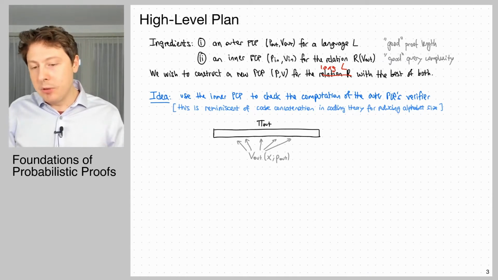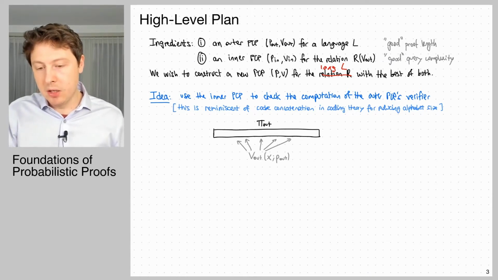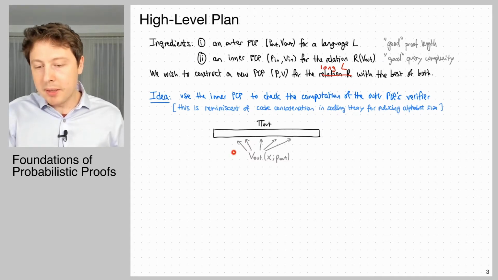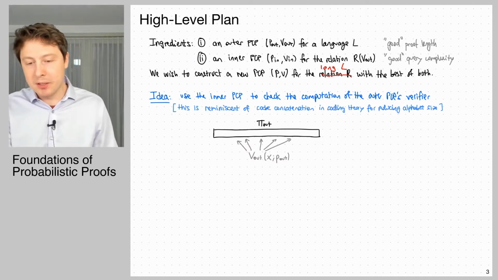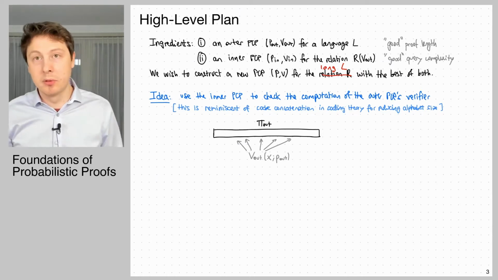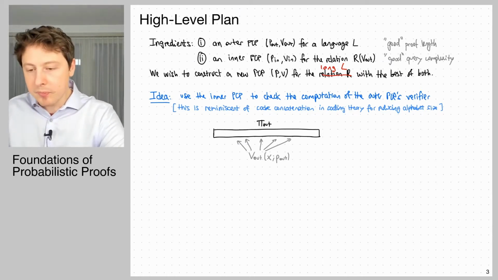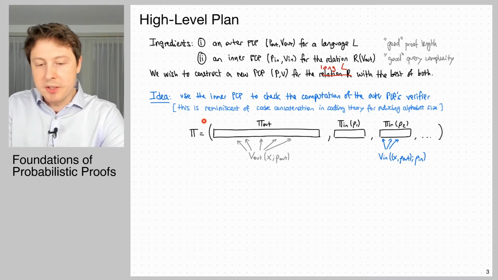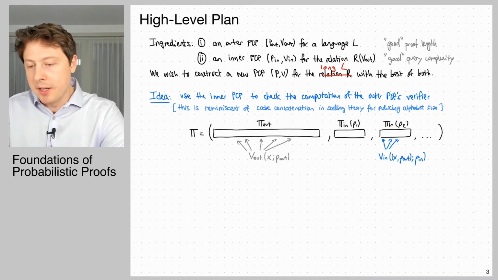Okay, so we have this outer PCP, and we could be running this outer PCP, but there's many queries that we don't feel like doing. So the high-level plan would be to say, okay, look, why don't we just consider some augmented PCP that includes